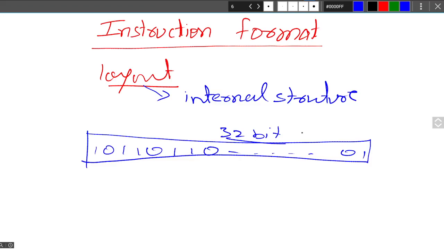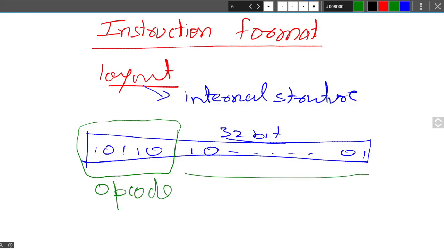It means some part of this instruction may be the opcode and the rest of the part will be the operand or address of operand.